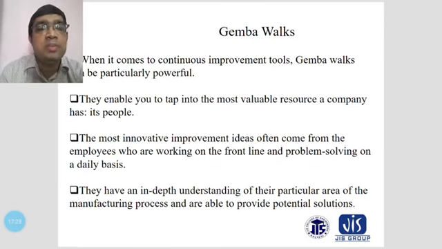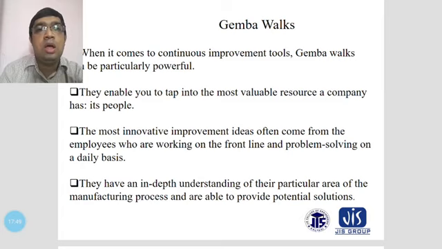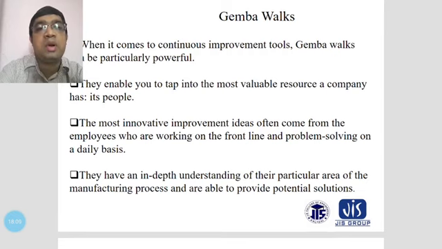That means the Gimbal tools will be considered. That means the most valuable resource in a company is the people. If your people are fully satisfied in your job, and fully satisfied in your company, then this will give the most benefit for your company. Products will be launched in the markets, and they will be properly advertised by the workers, and from the workers to the customers, and this will be done wholeheartedly during this system. For a company, the most resourceful or very valuable resource is people, its people.